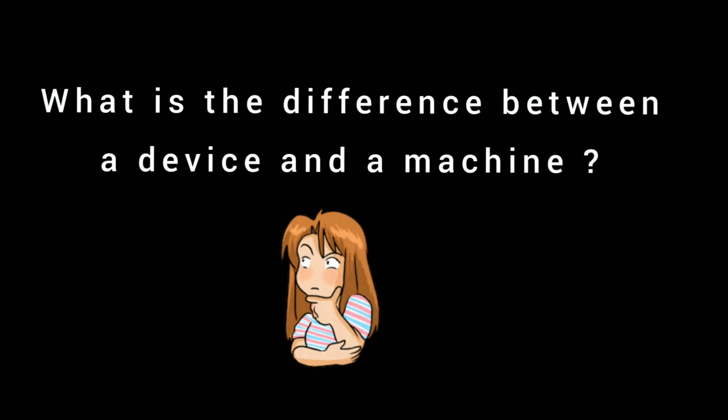In case of machine, it converts one form of energy into another. For example, in the case of motor, it converts electrical energy into mechanical energy. In the case of generator, it converts mechanical energy into electrical energy. But what is the case of transformer? Is there any conversion of energy taking place? In the case of transformer, we are given electrical energy as an input and its output is also electrical energy. But internally, an electromagnetic conversion is happening inside the transformer.